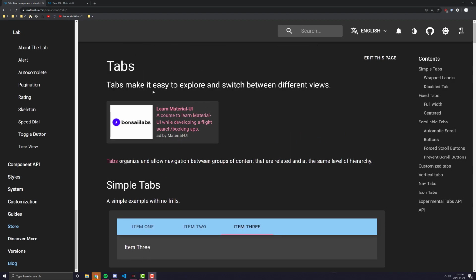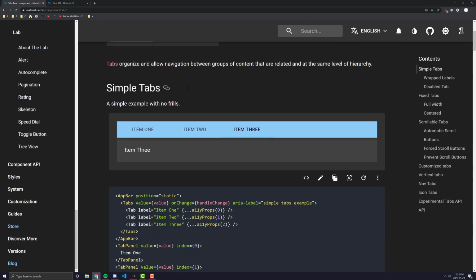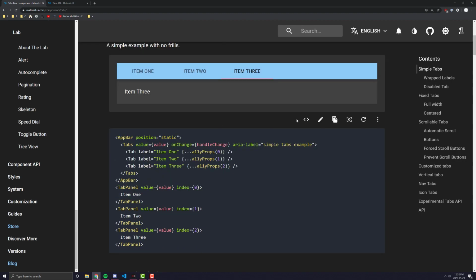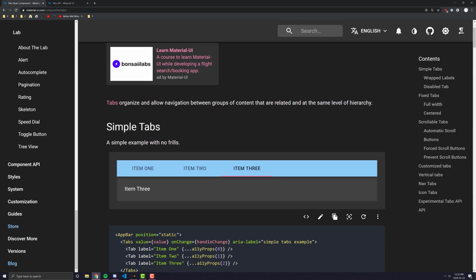Hey everyone, in today's video we're going to be going over Material UI's tabs component. This component is pretty much essential for any large application. I almost always see these tab components used in any Material UI project, and it's really a cool feature to have. Now, while it looks quite simple, under the hood it can actually be quite complex, especially in Material UI's